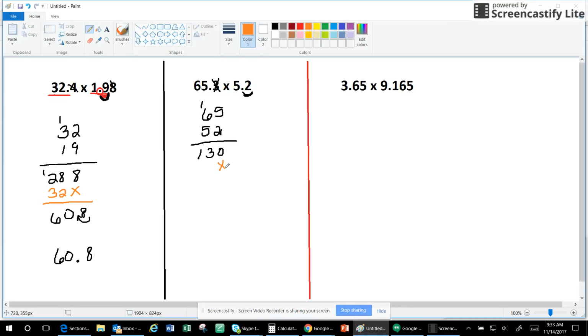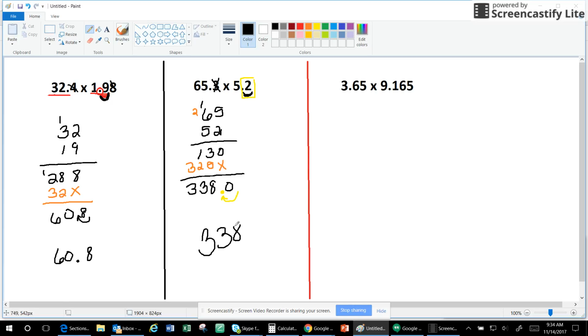Moving over to do the 5, nothing there. 5 times 5 is 25, so carry the 2. 5 times 6 is 30, plus 2 is 32. And now I would just add these together. 0, 3 plus 5 is 8, 1 plus 2 is 3. So this would be 3,380. Then I go back and say, okay, I did have one decimal place that I used, so I need to slide this in one. And this actually estimates to be